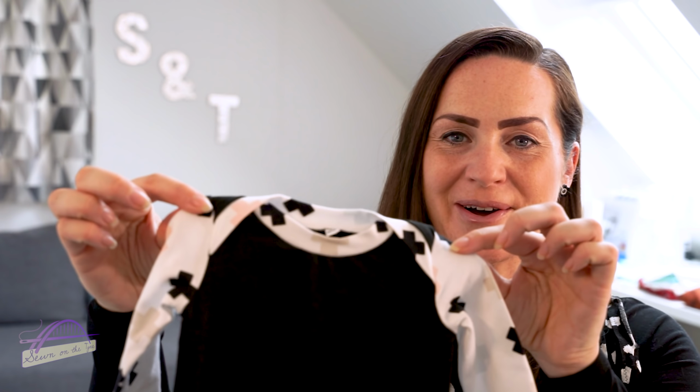Just while I'm talking about that cami pattern, I want to briefly show you something that I made with the leftovers, but I will go into more detail about these in my June makes because I did make them this month in June. Because they're the same fabric using the leftovers of my cami top, I thought I'd quickly show you now. So, apologies if these have cat hairs on. We've got a little top,